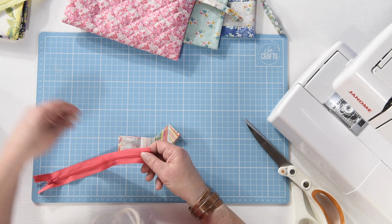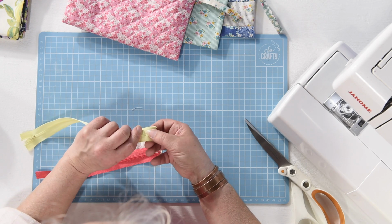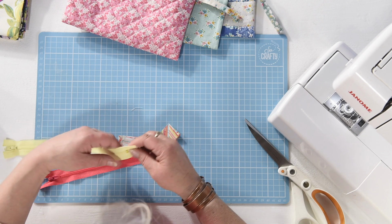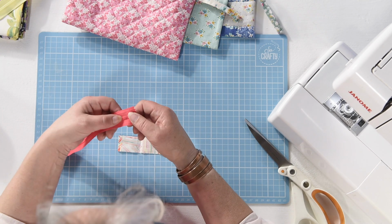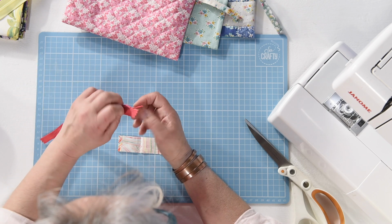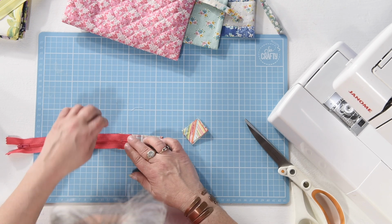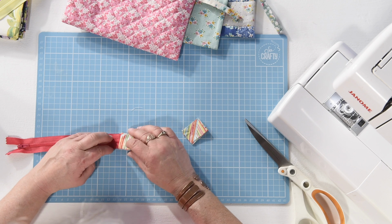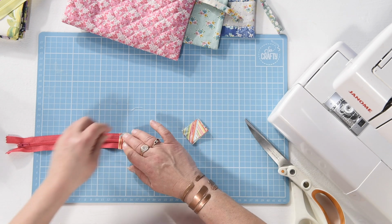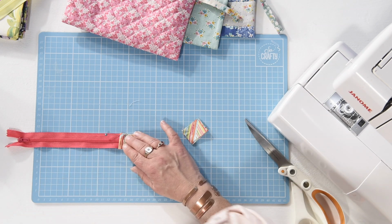Most zips have a metal end to them, as you can see here. If you run over that metal end with the needle of your sewing machine, you'll bend your needle. What I've done with this zip, and you possibly can't see it, is I've used pliers to take the metal end out, and then I've bound the end of the zip with thread, so that when I come to sew the end stops onto my zip, I can run over the end of the stopper without causing any damage,